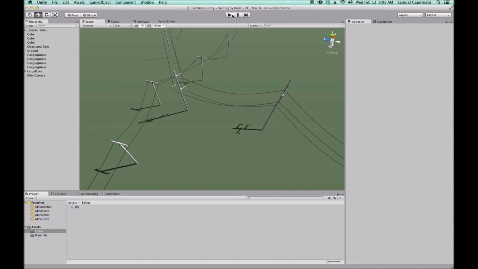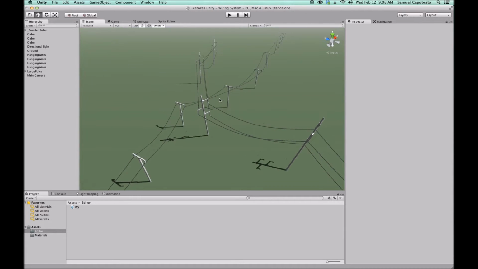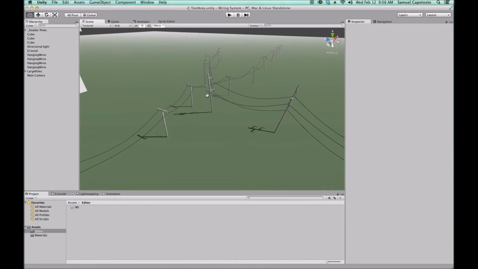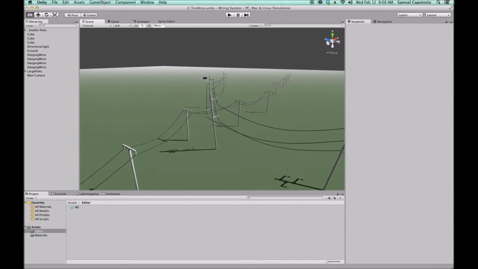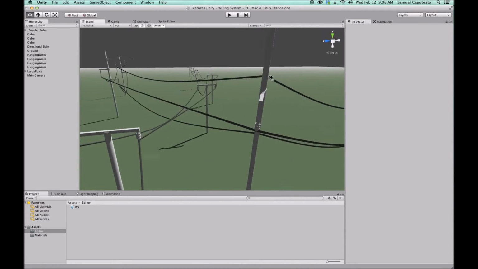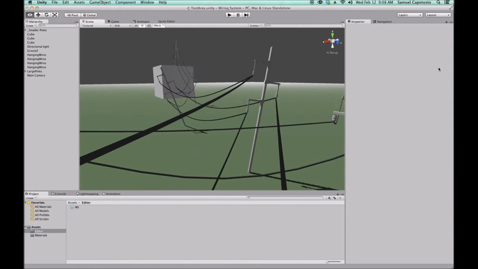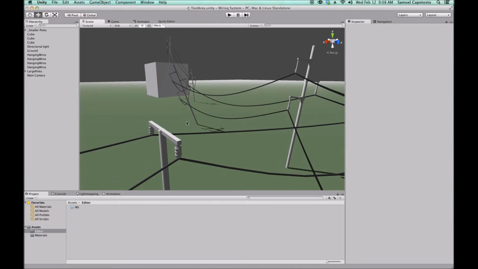Hello everyone. Today I'm going to be showing you the ins and the outs of a plugin I've made. You can call it a plugin. It's a system that allows you to create telephone wires for your games. So this can be a hassle saver if you're a 3D artist and you don't want to take the time